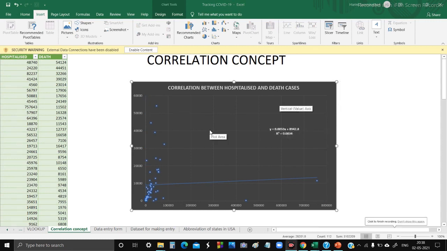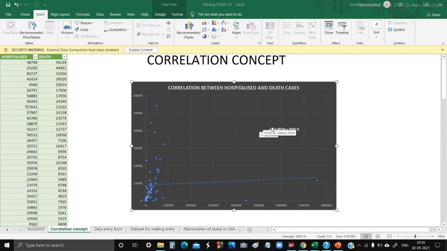On right clicking the chart, we are able to find add trend line, and we added the trend line for the graph. We also had an option to include the formula for finding the correlation between hospitalized and death cases.